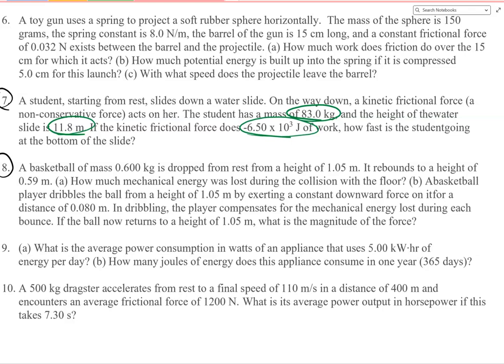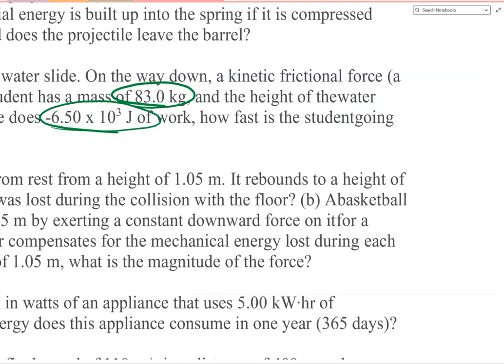Can we use some work and energy theorems to establish how fast she was going at the end of the slide? Well, I would argue yes, and a key takeaway here in this problem is that we're facing a frictional